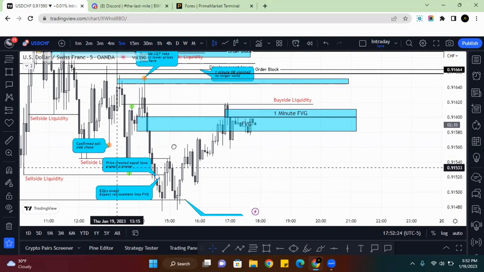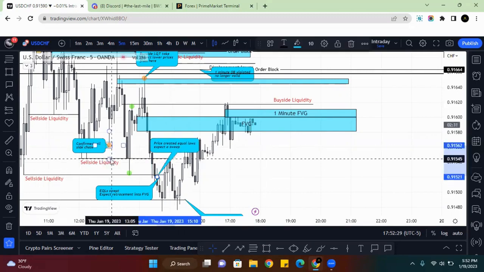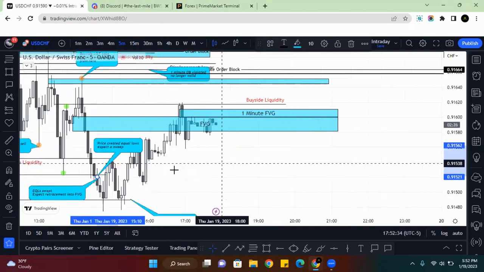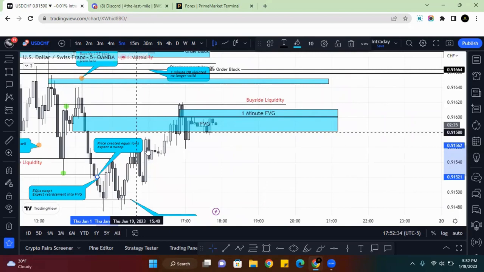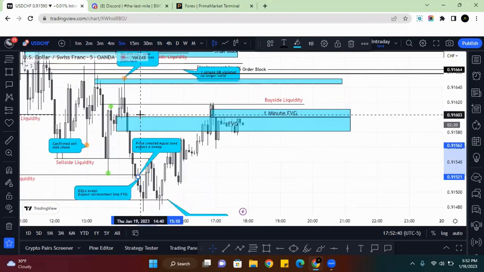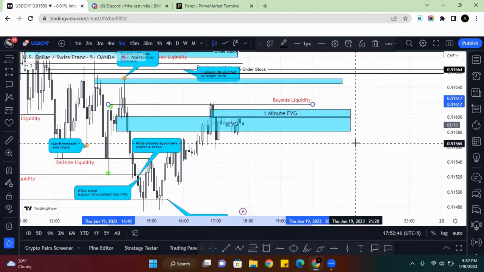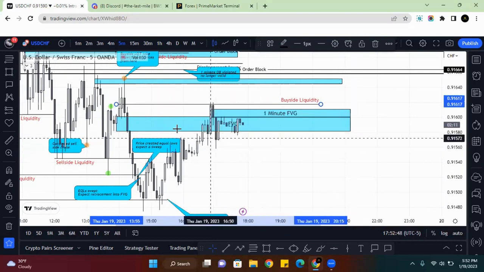Why is this order block significant? Because it was responsible for a sell side liquidity take. So that's an institutional footprint showing you this is where we're selling from, right? What happened after that? Price came up, kept breaking structure to the upside, taking buy side liquidity into this 5 minute fair value gap that was actually created. My bad, let me scoot this over. Into this buy side liquidity take.